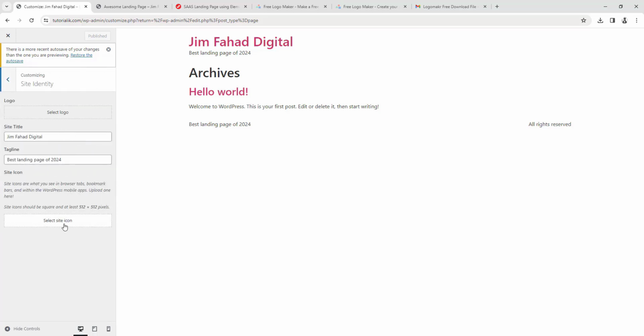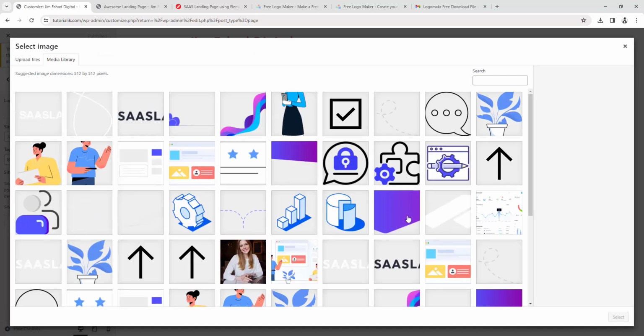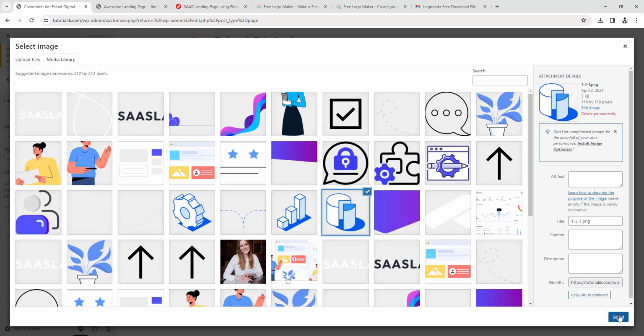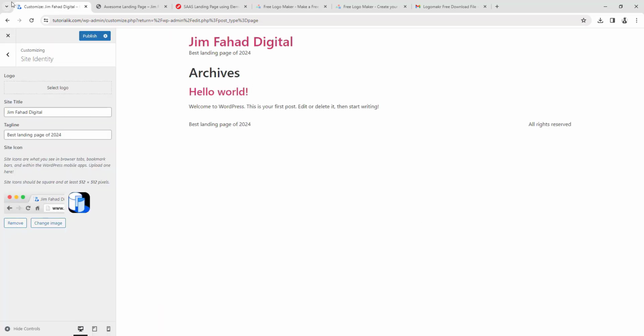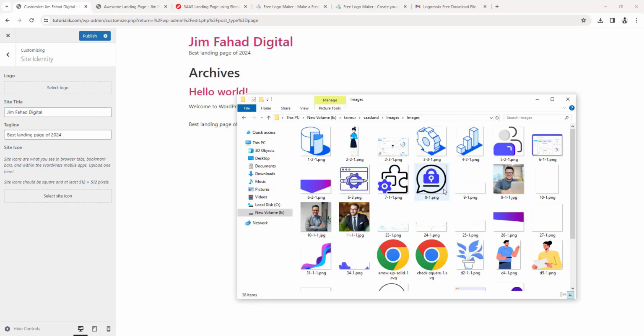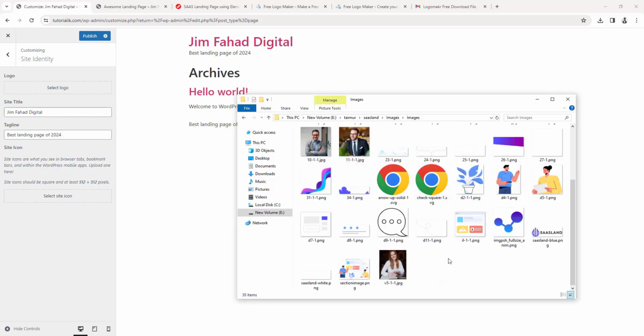In here, this one, you can select site icon. You can choose any image from here. If you choose this image, for example, you see it will be set to your favicon, but we will not use this because we already have a professional favicon, and you will find that icon in the images folder that you have downloaded. So in here we have this image. I'm gonna select this,